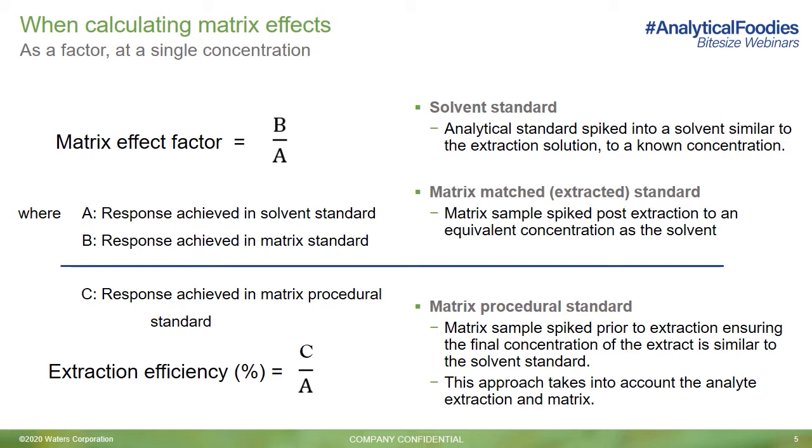To avoid overestimation of ion suppression, we typically employ matrix-matched standards, which means we prepare our samples in accordance with the relevant homogenization, extraction, and cleanup procedures, and then we spike this extract to the required concentration. This ensures that any analyte loss is due to the effects of matrix rather than the sample preparation procedure itself.